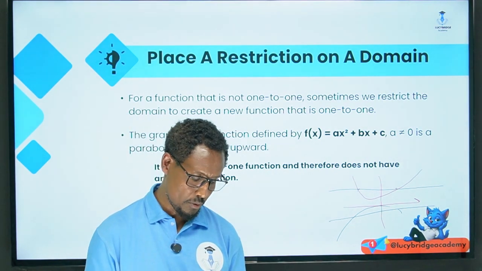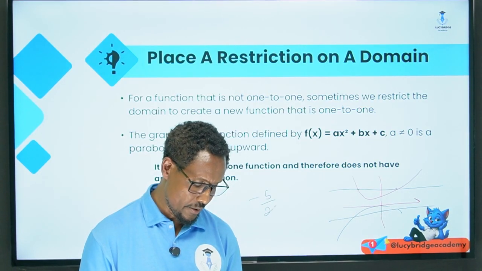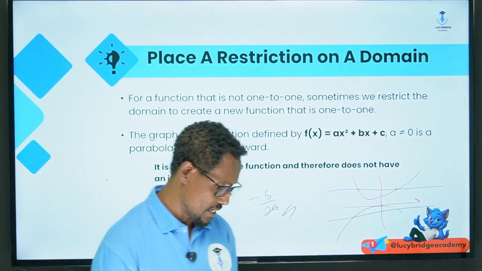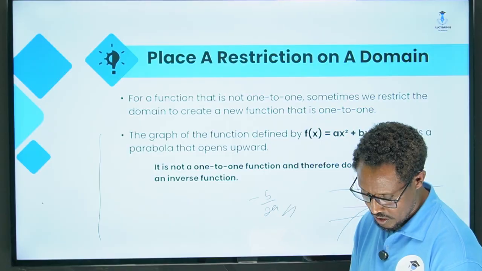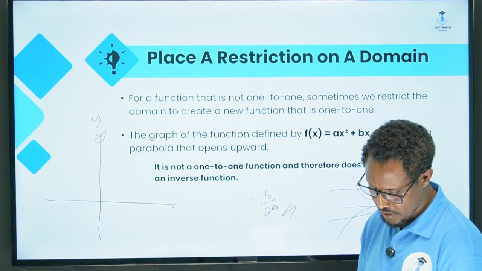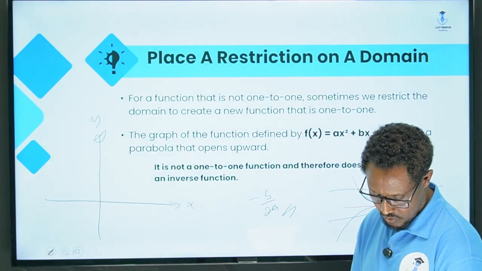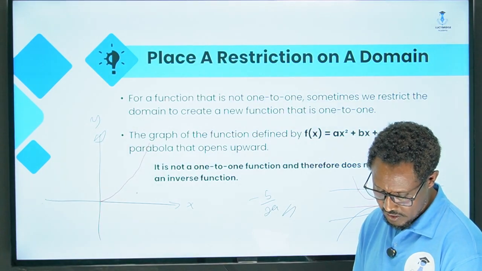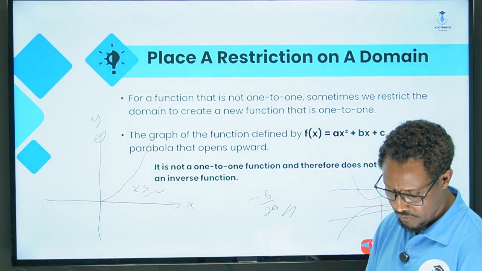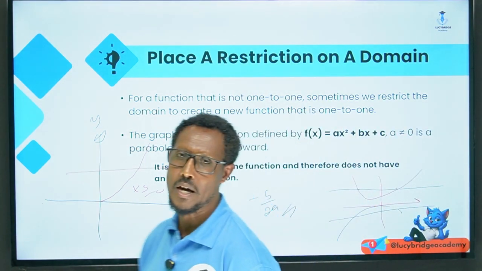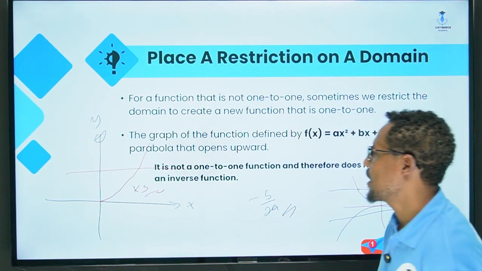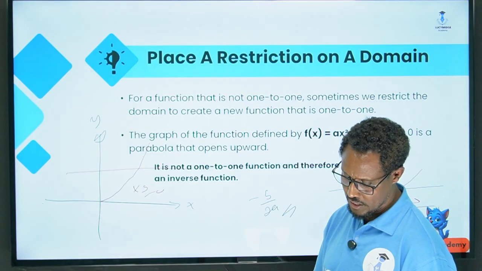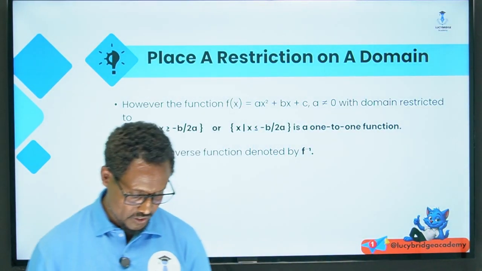ነገር ግን ፓራቦላውን ከሁለት በመክፈል ቨርቴክሱን በመውሰድ ኔጋቲቭ b over 2a ላይ በመቁረጥ ሳም ፓርቱን ስትወስዱ ለምሳሌ እዚህ ጋር ይሄ y አክሲስ ነው፣ ይሄኛው x አክሲስ። ሶ የተወሰነ ፓርቱን ብንወስድ ለምሳሌ የx ስኩዌርን ግማሹን ፓርት ብንወስድ this is x is greater than or equal to 0. Now if you take a horizontal line you cross one time. Okay, that means the graph is one to one if you consider only x is greater than or equal to 0. ስለሱ ነው የምናየው ማለት ነው ዛሬ።